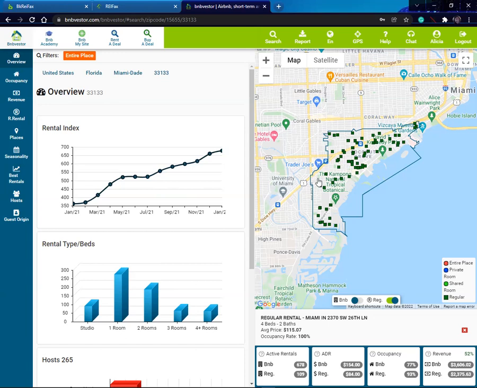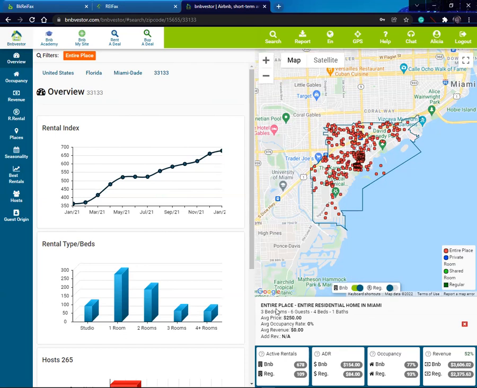So here on the map, I was showing you regular rentals. Let's turn off regular rentals and turn on the per day rentals. Let's click on one of them, and I have the information here. Entire place, entire residential home in Miami, 3 bedrooms, 6 guests, 4 beds, 1 bathroom, average price $250, occupancy rate. Well, this is,